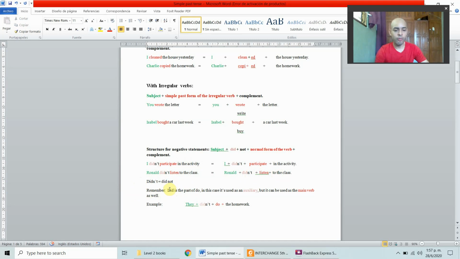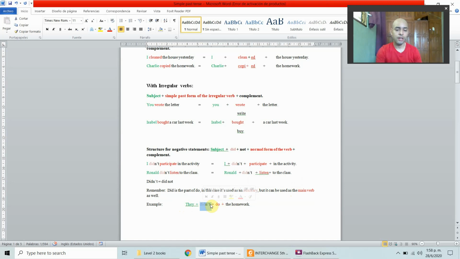And remember, did is also the past form of do. In this case, it's used as an auxiliary, but it can also be used as the main verb. For example, they didn't do the homework. Didn't, the auxiliary. Remember, if we're going to create a past negative statement, we have to use did